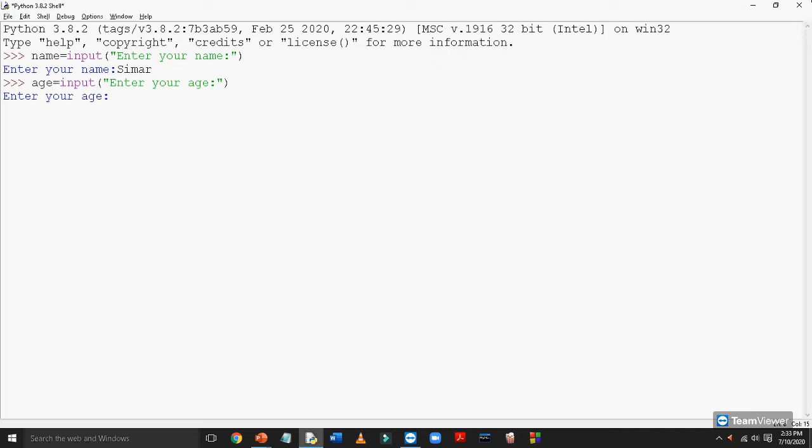I am entering the age as 16. The value assigned to the variable name is being displayed now. The value assigned to the variable age is displayed now. In the above code, we have used the input function to input two values, name and age.